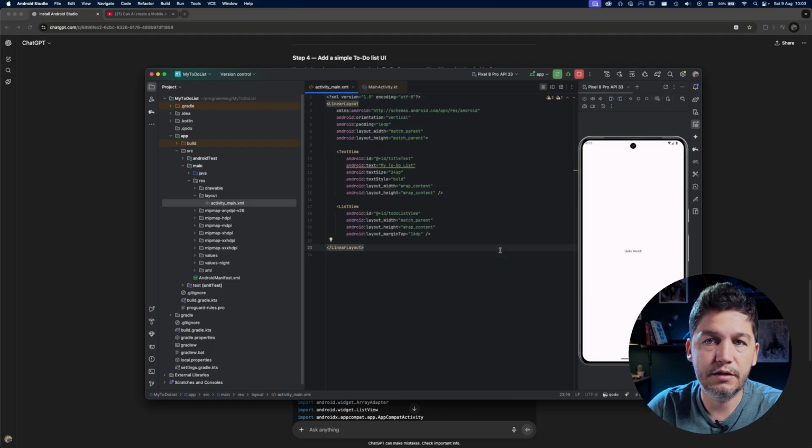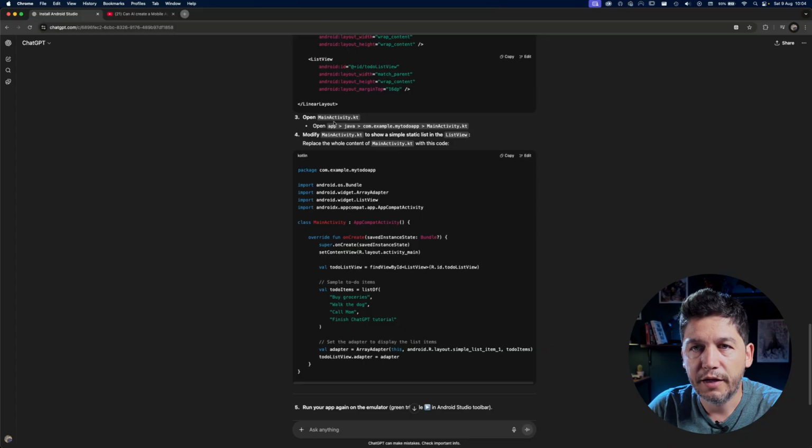tutorials you see online are about how to create a web app, which is way simpler than that, because you can basically create more or less a simple app in one file, and it can be run within the browser where ChatGPT runs. So it's way easier. That's why, I guess, you mostly see people showing how to create web apps in ChatGPT, and of course it's way faster to do that than to create a mobile app. Okay, open main activity,